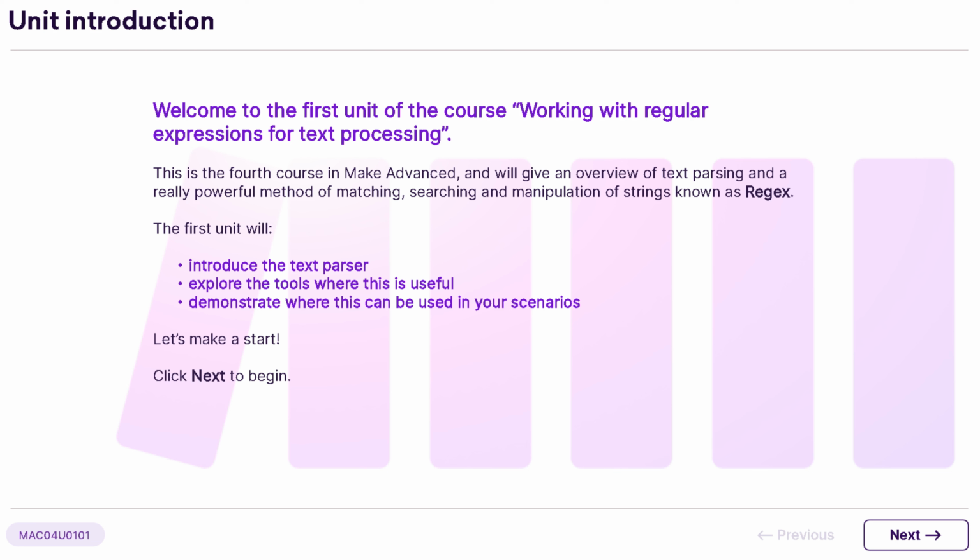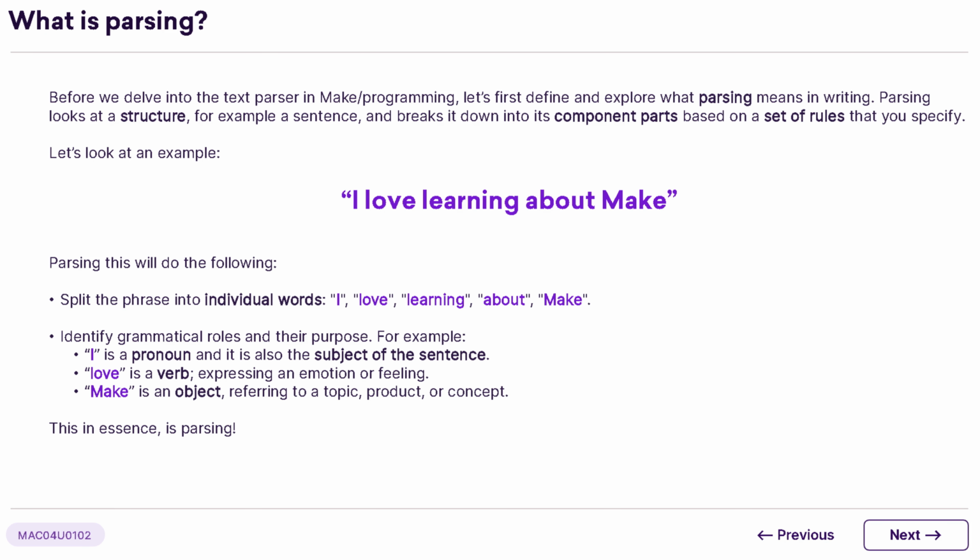This unit will introduce you to text parsers, tools that break down sentences or strings into their component parts. We'll explore their usefulness in different scenarios and demonstrate practical applications. Ready to delve into the world of text parsing and regex? Let's get started. Before we dive into the technical aspects of text parsing and Make programming, it's important to